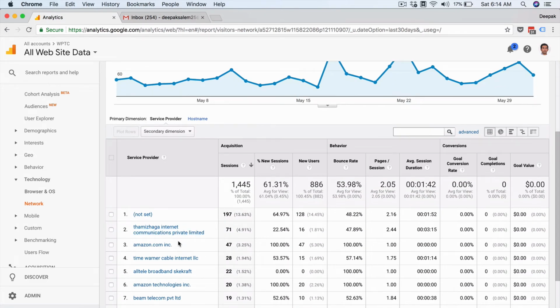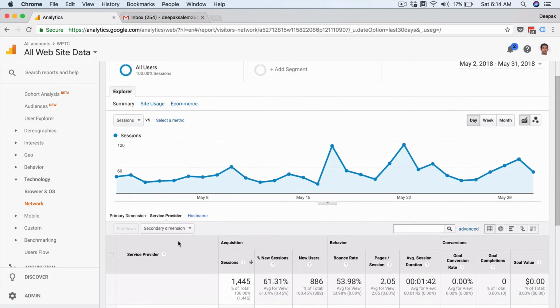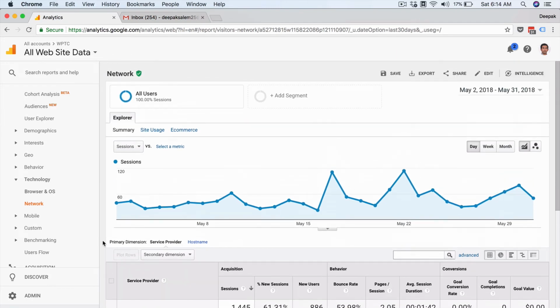Again, this is not accurate at all, because the accuracy really depends on how much the Google Analytics software is capable of finding out the service provider based on the IP address. Many times it's not clear, many times it's confusing, but still you will get a basic idea of what is happening. So that's it for the technology report, and let's have a look at mobile reports also in the same